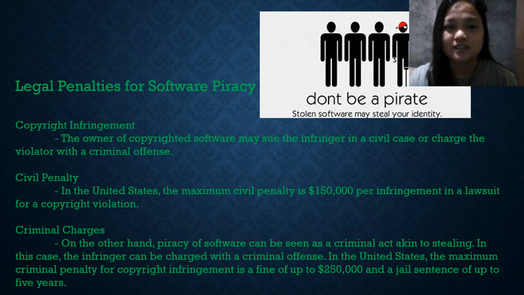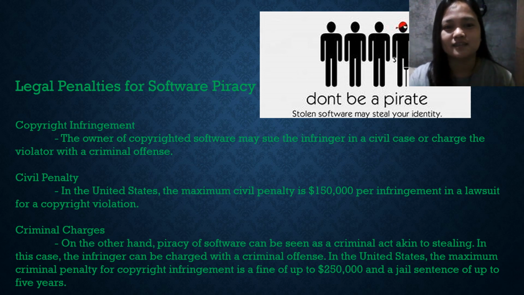Copyright infringement. Since the piracy of copyright software leads to huge monetary losses, a civil lawsuit usually requires that the infringer pay for all losses resulting from the distribution and/or illegal copying of the software and any profits the violator made from it. Civil penalty. This means that for every single program or work that was illegally copied and/or distributed, the infringer could have to pay $150,000. As you can imagine, a civil suit may cost a violator millions of dollars.